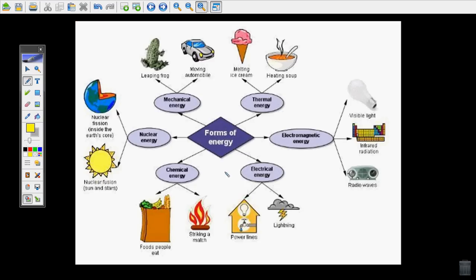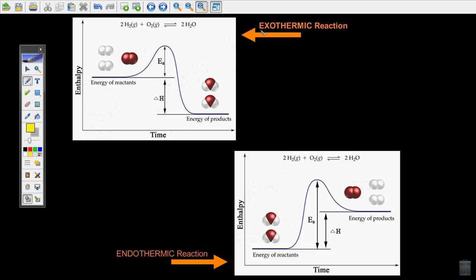Alright, so here are all the different forms of energy that y'all should know. We've talked about electromagnetic energy and nuclear energy. Electrical and mechanical energy are really more physics. We're going to be focusing on thermal energy, like melting ice cream or heating soup for this unit. Alright, exothermic reaction. In an exothermic reaction, you release heat